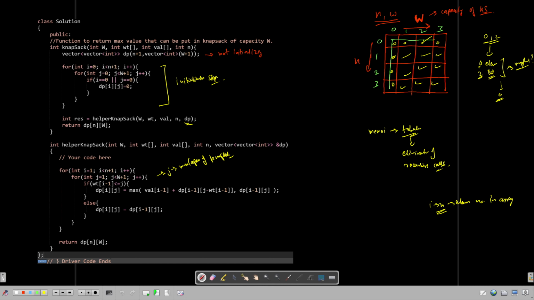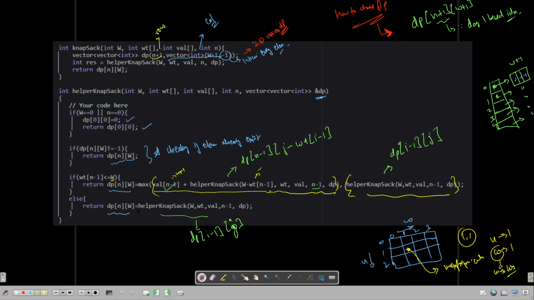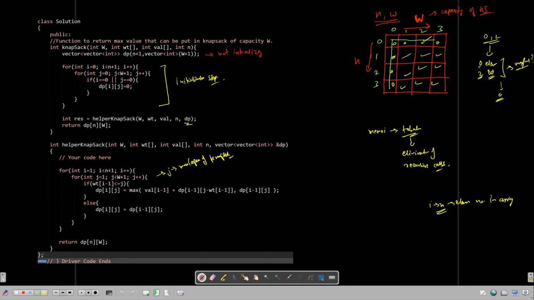So dp of i j, and note that we were storing it in n w, but this is now i j, because we are getting the answer for this index. So this will be max of value of i minus 1 plus dp of i minus 1, j minus wt,